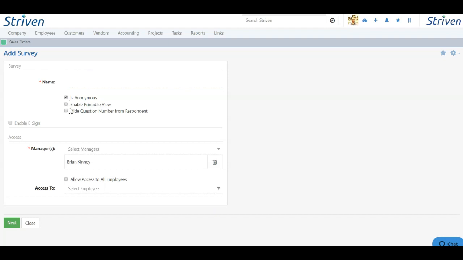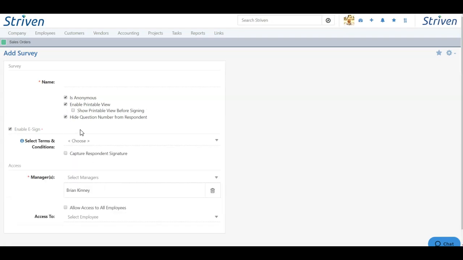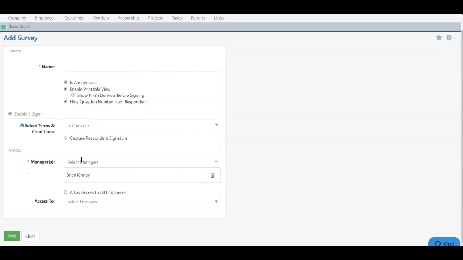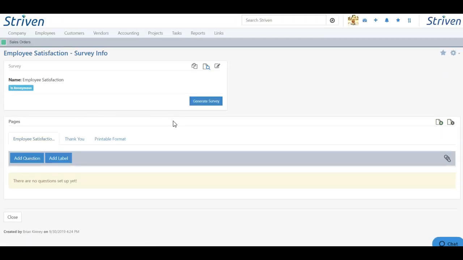We have the Anonymous, the Enable Printable View, and Hide Question from Respondent, as well as Enable eSign. This time, we don't have the Add to Recipient Hub, but we do have Show Printable View Before Signing when we enable eSign. And we also have the Terms and Conditions and the Capture Respondent, as well as the Managers and Access To options. By adding the name of our survey,